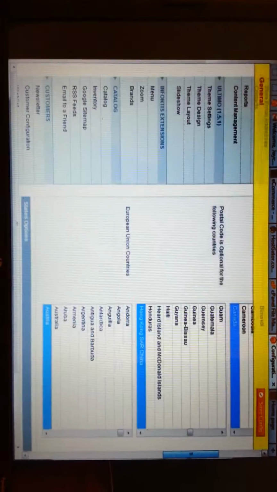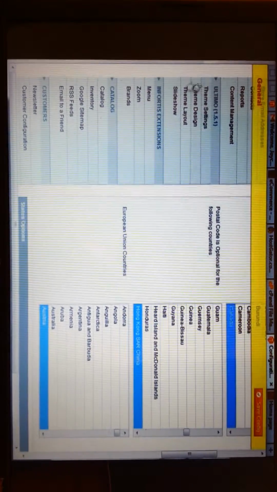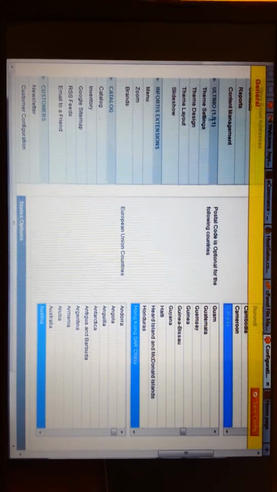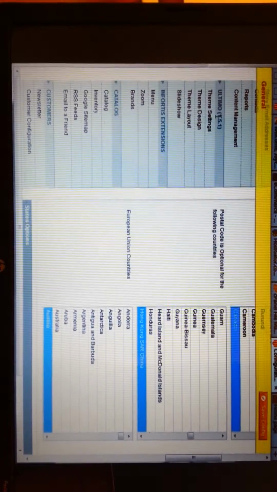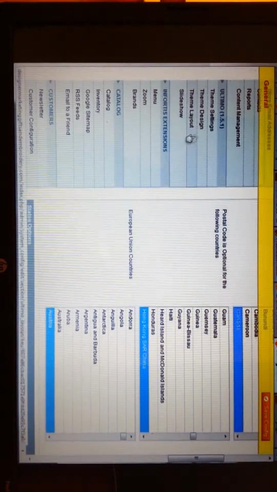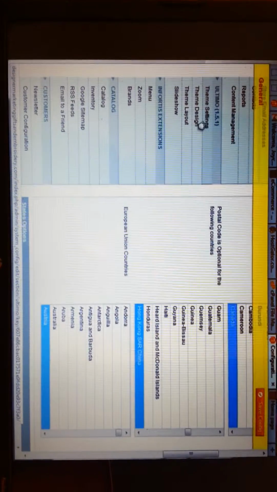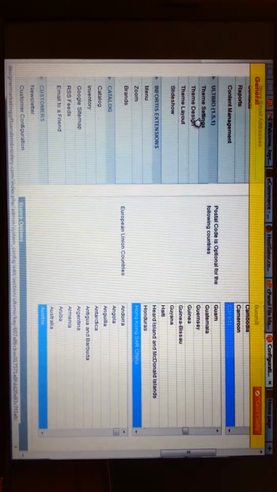Now back in my admin panel, I now have a tab for my Ultimo theme. And you have a ton of options in these tabs. The first thing you do is you go to Theme Settings, and then you can go down through every single one of these tabs. You have your header. You're just going to go through and answer each one of these questions the way that you want it to